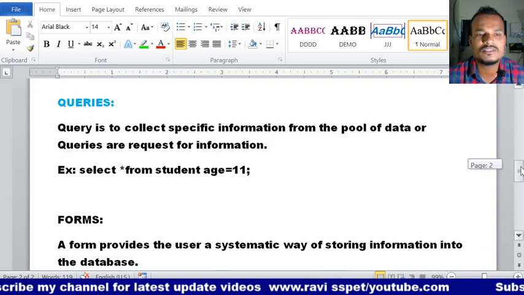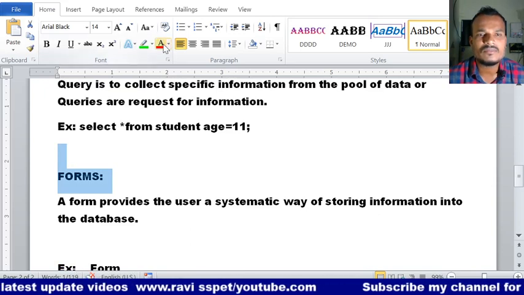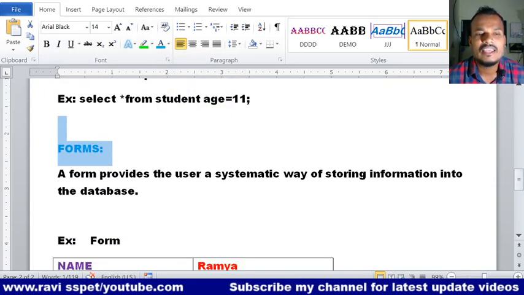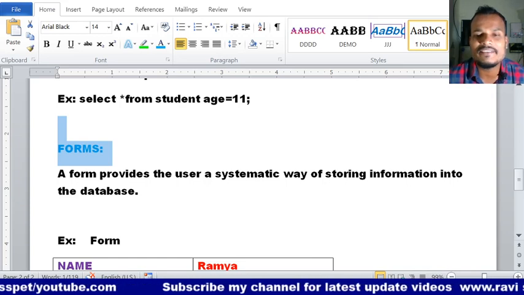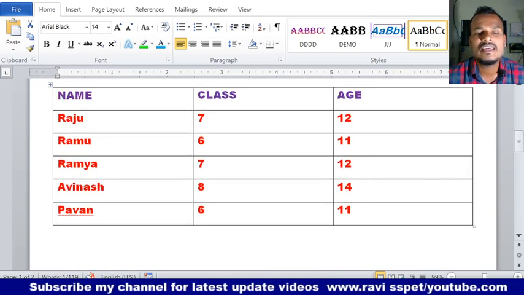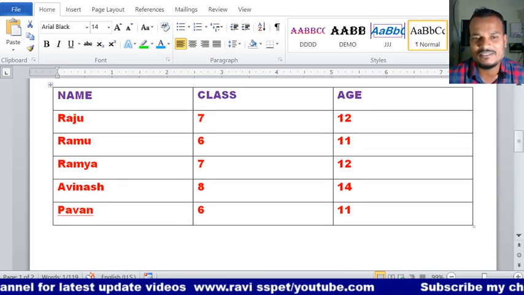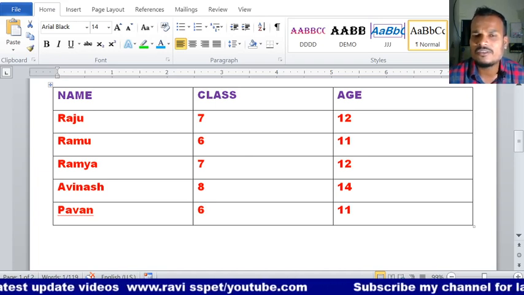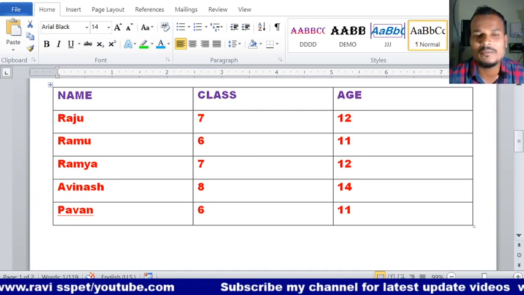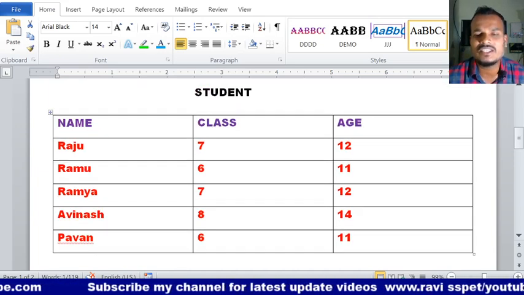A form provides the user a systematic way of storing information into the database. Here this is a table, where we have stored the information. Now I want to store the information in the form of a form. You observe here name, class, age.